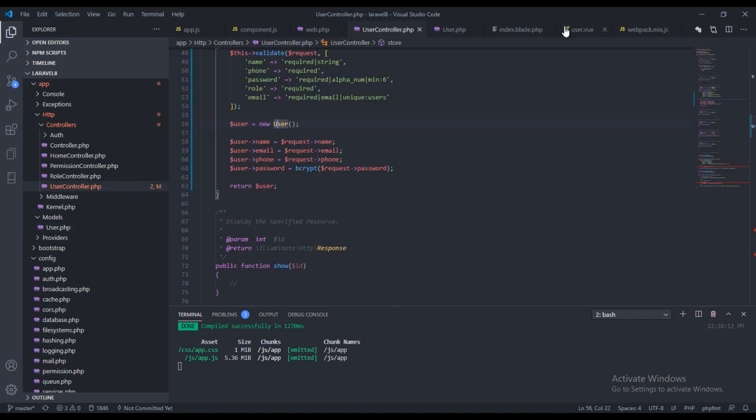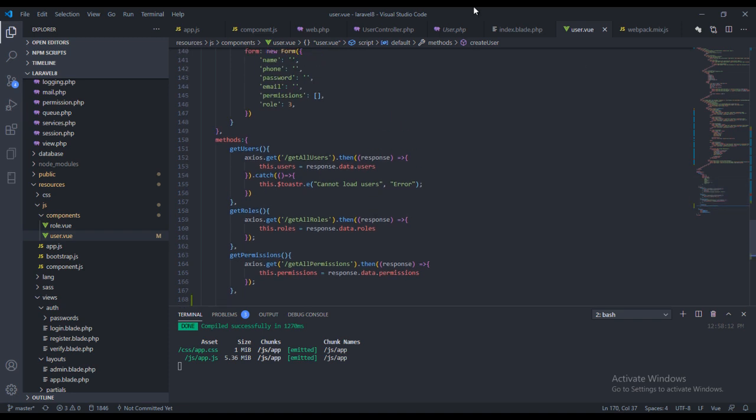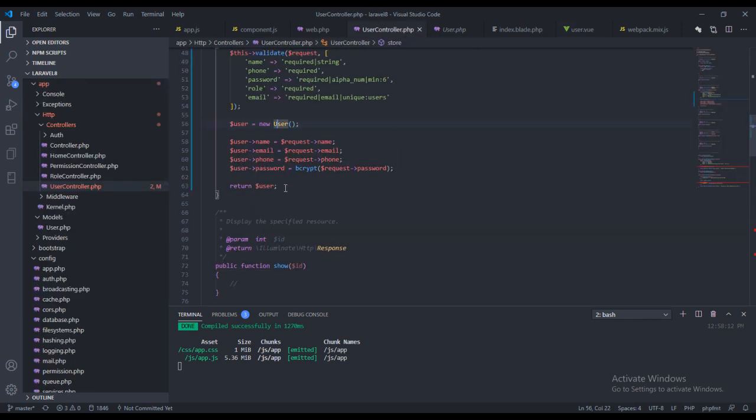So if you come over here and let's just say we run the user save method, this method is actually going to save it right now into the database. But before that, we actually want to